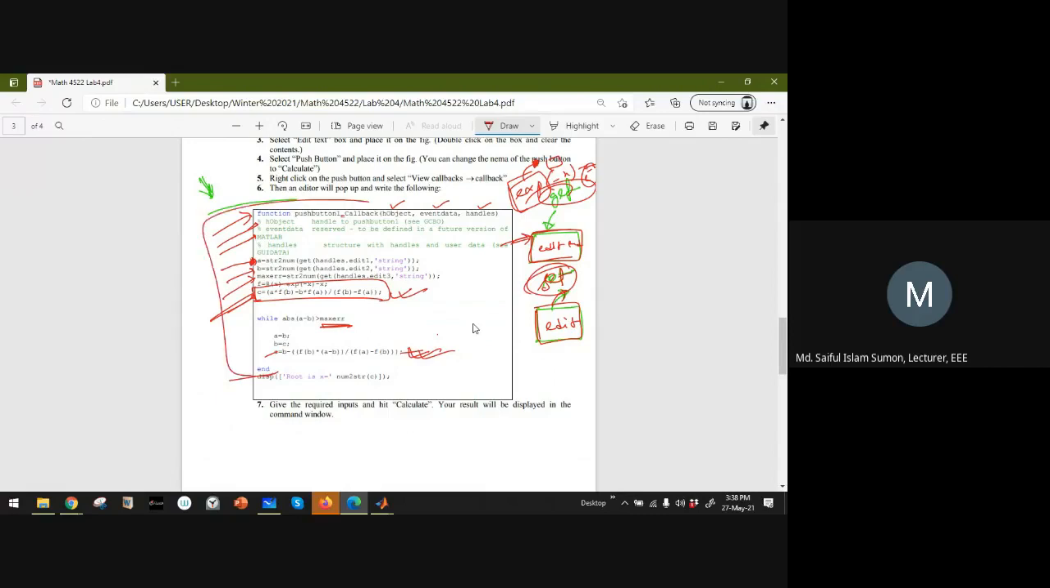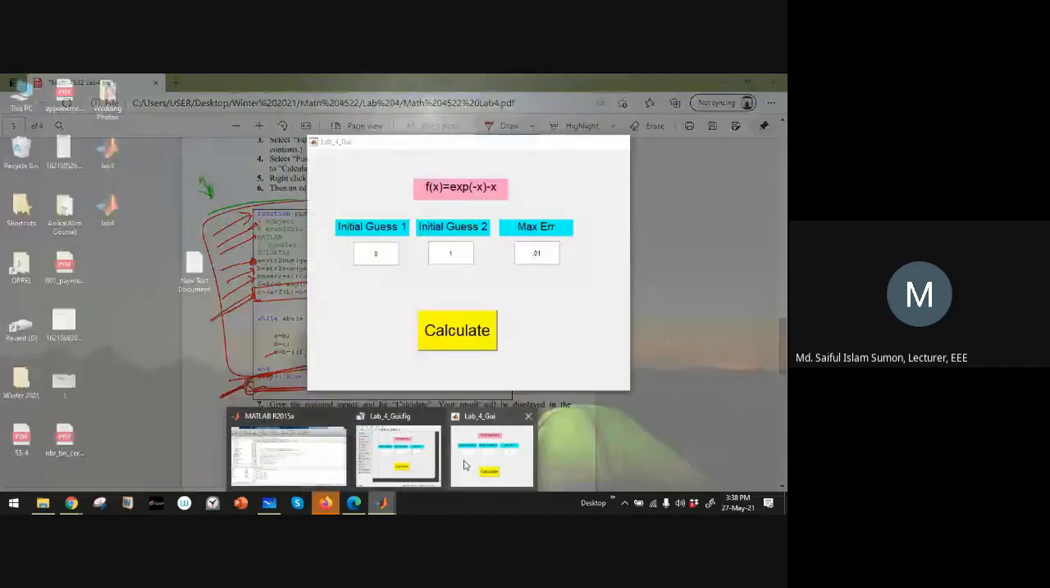After completion of all these things, I want to display my root within the command window. That's why this code was written directly. Due to this line, my output is being displayed at the command window. So if I want to display my output here,